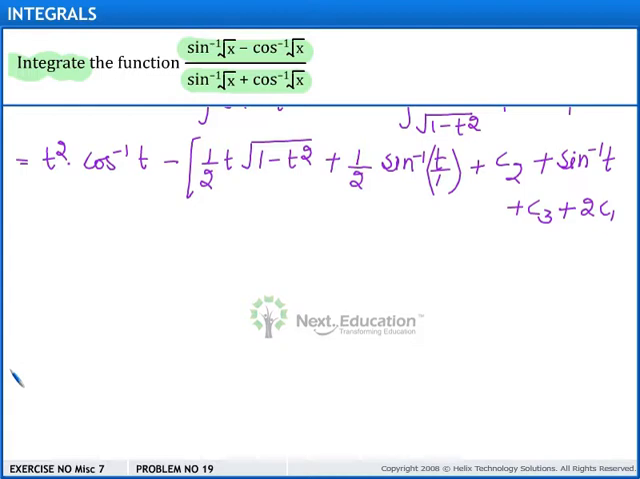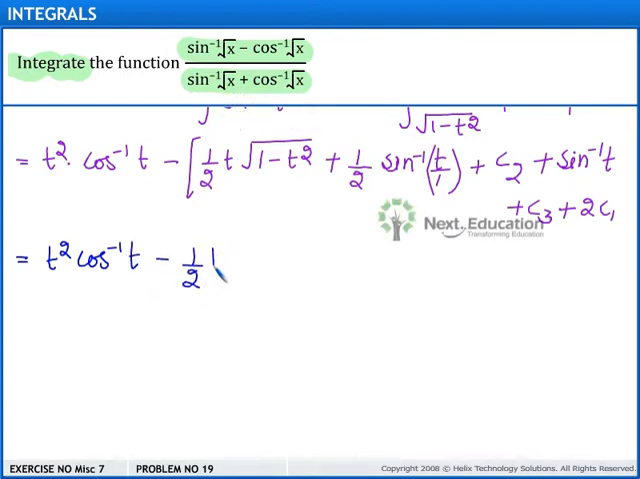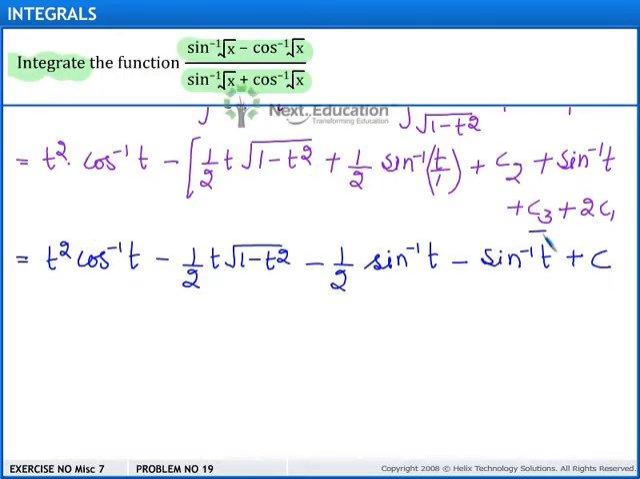So this is equal to t square cos inverse t minus half t square root of 1 minus t square minus half sine inverse t, now minus into plus is minus sine inverse t plus the constant c, which we get on adding these three constants. So this is the value of integral I1,